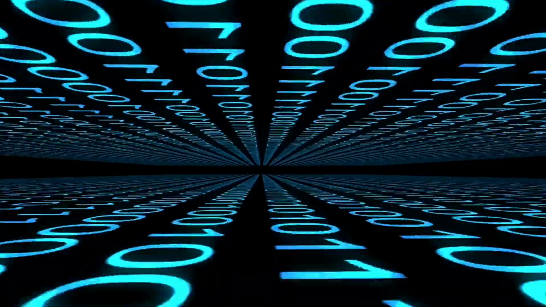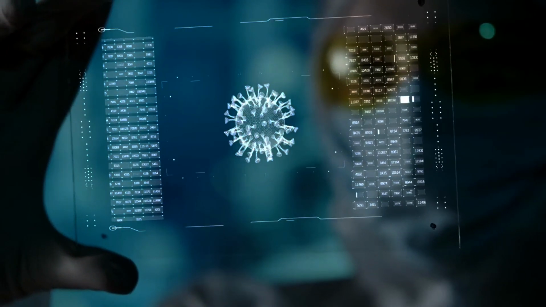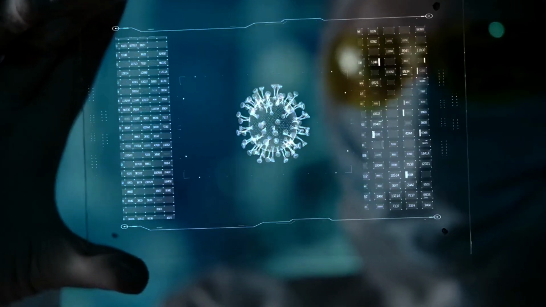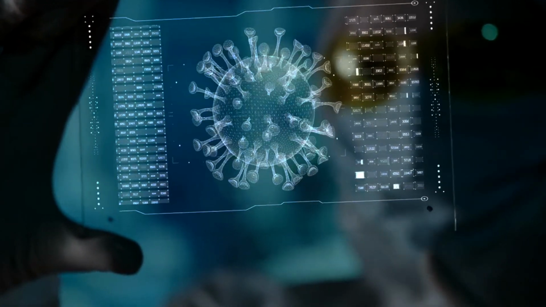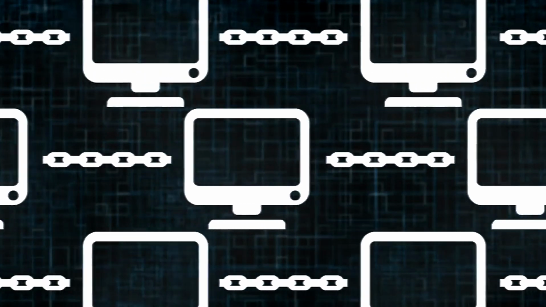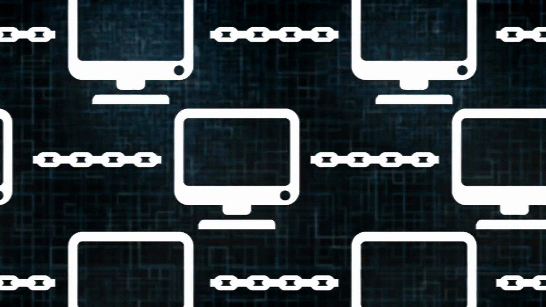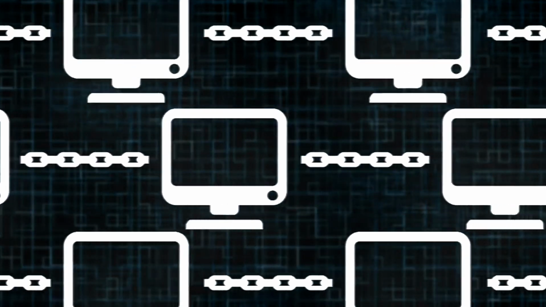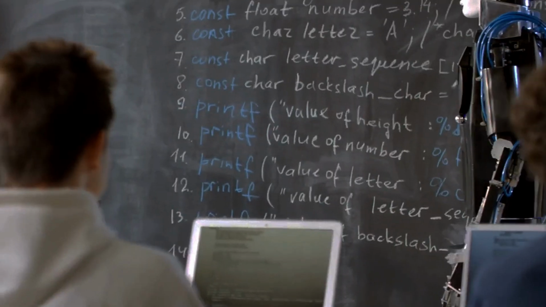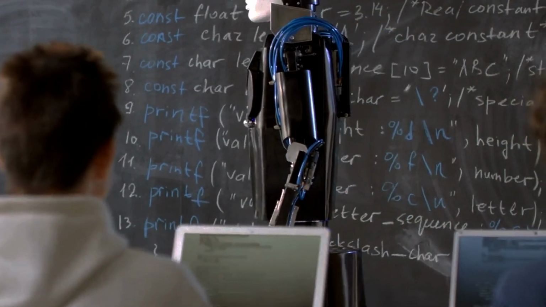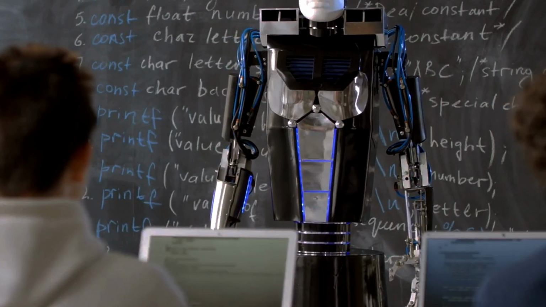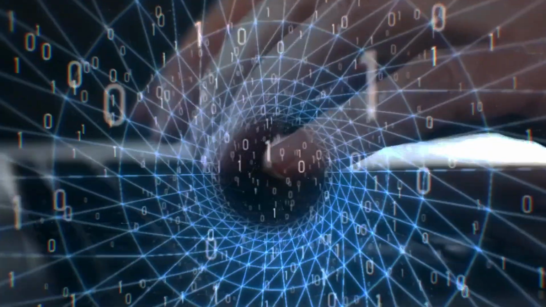In 1945, John von Neumann expanded on Turing's work and proposed the architecture that most computers follow today. Known as the von Neumann architecture, this structure divides the computer into a central processing unit, CPU, memory, input devices, and output devices. Around the same time, Claude Shannon was thinking about the transmission of information. In work that birthed the field of information theory, Shannon introduced the concept of the bit, short for binary digit, as the fundamental unit of information.